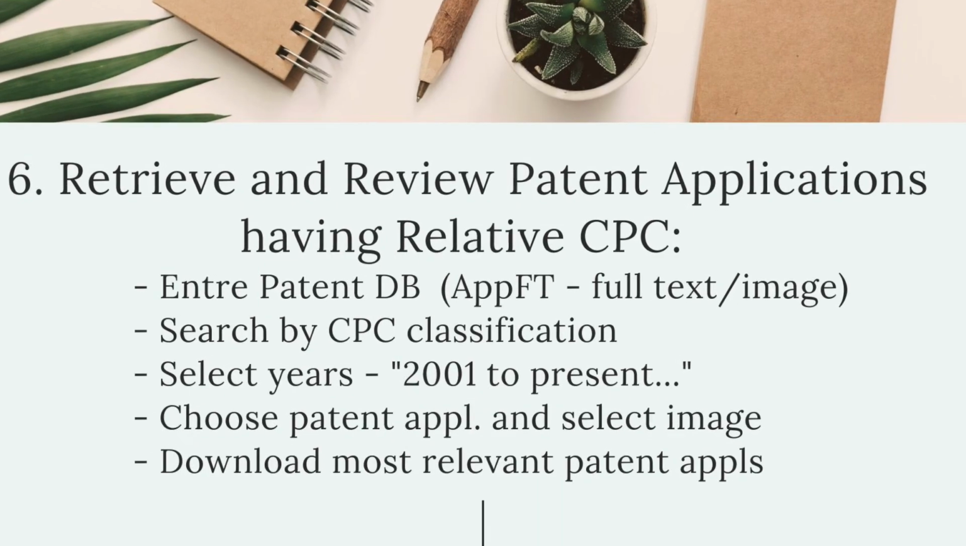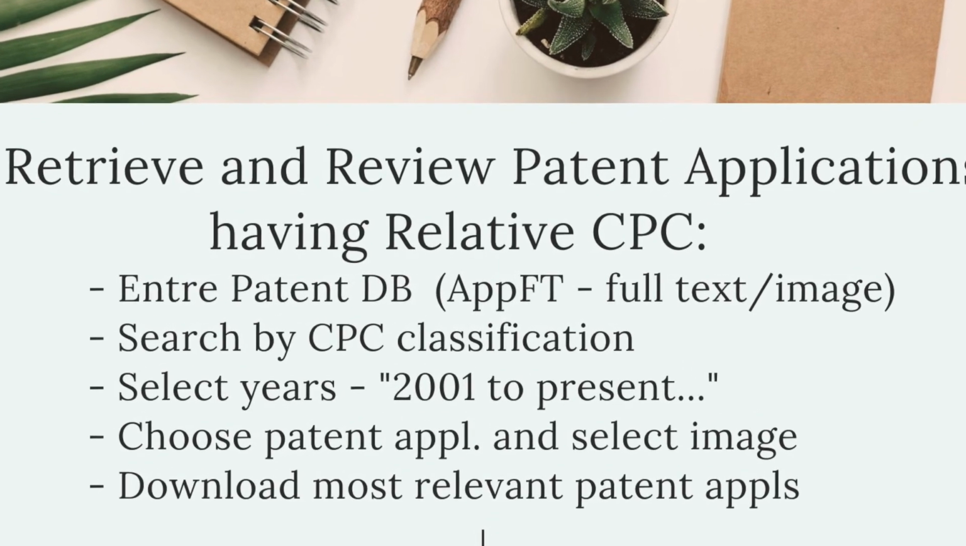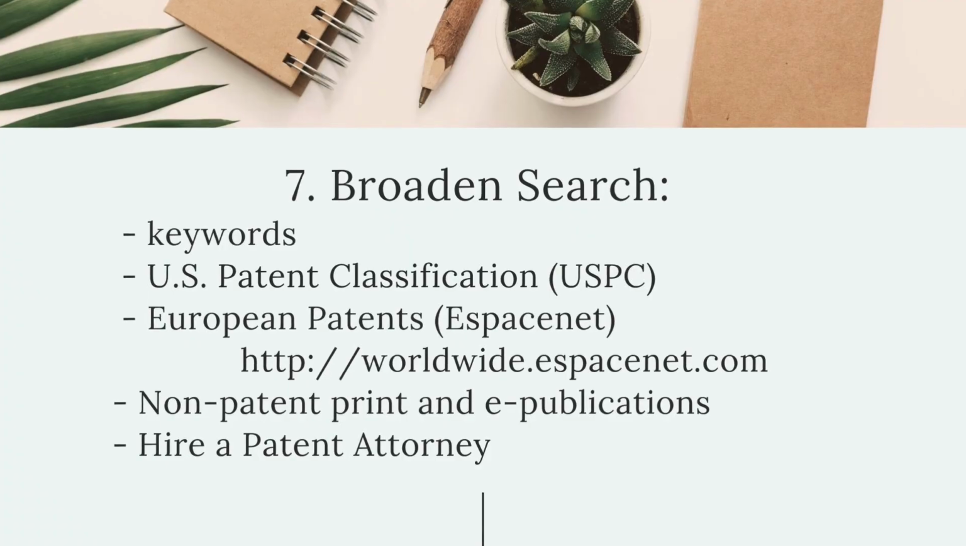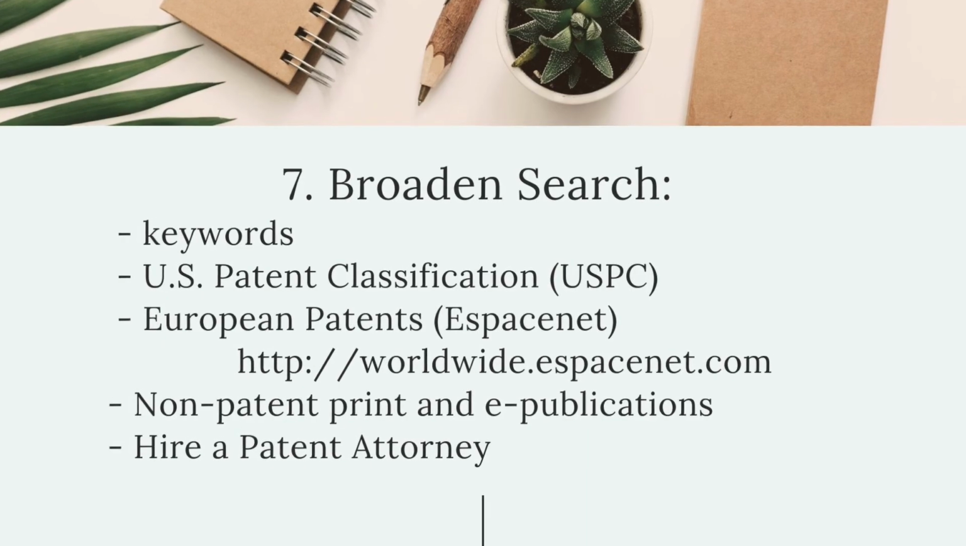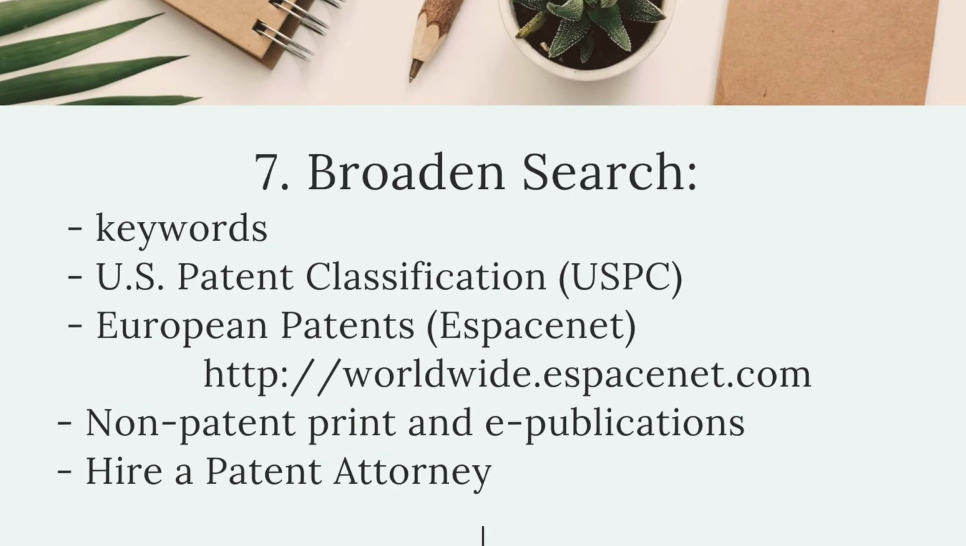And in step 6, you're going to perform the same type of search based upon the CPC classification code in the patent application database. Finally, in step 7, you're going to dig into a number of different ways to broaden your search. First, you're going to perform a keyword search. Just go to the USPTO database and enter in the particular keywords that you found from your search of the CPC schema in steps